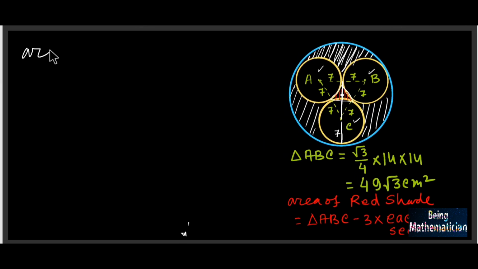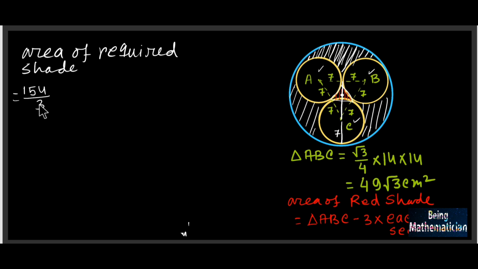So the area of the required shaded area is 1 by 154 by 3 into 7 plus 4 root 3, which is the area of this big circle. Now minus the area of 3 small circles, which is 22 by 7 into 3 circles, so 3 into 7 into 7, and